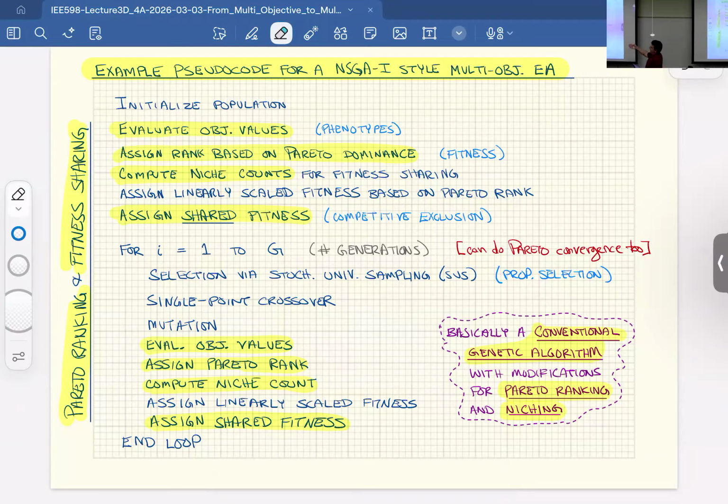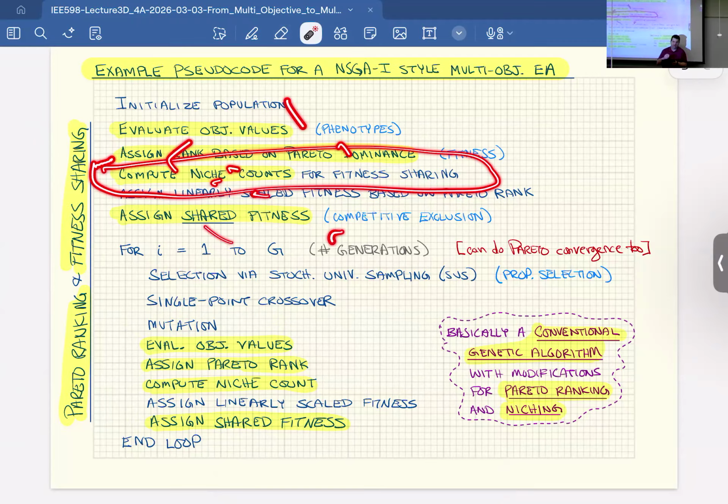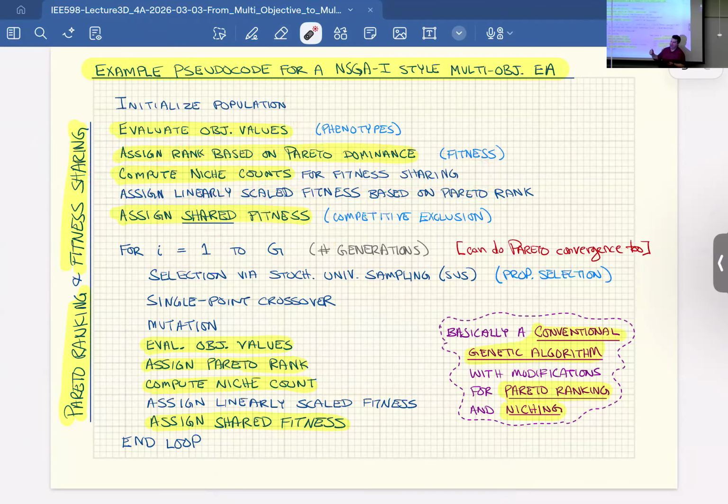So nothing too exotic. Now, NSGA2 adds crowding. The maintenance of crowding requires a little bit more bookkeeping, even though it ends up being more efficient, because computing niche counts has a lot hidden there. It's like an n squared operation where you have to figure out who's around everyone else. Crowding uses tournament selection, and you just have to break ties based on spacing. You do have to calculate spacing around every individual, but you don't have to do this pairwise thing.